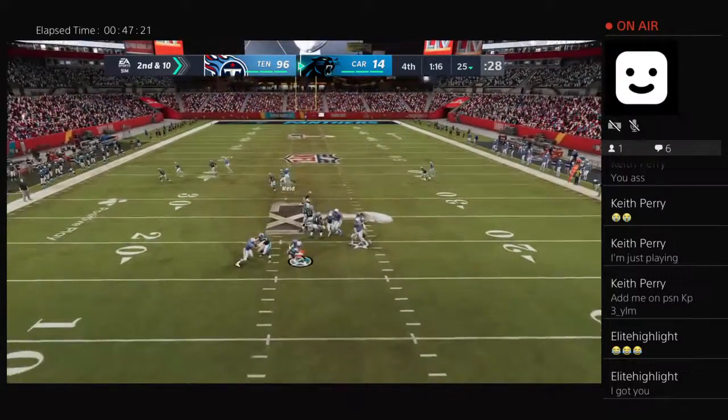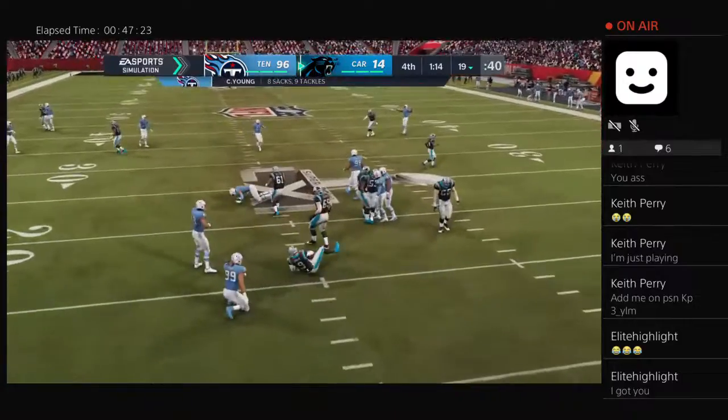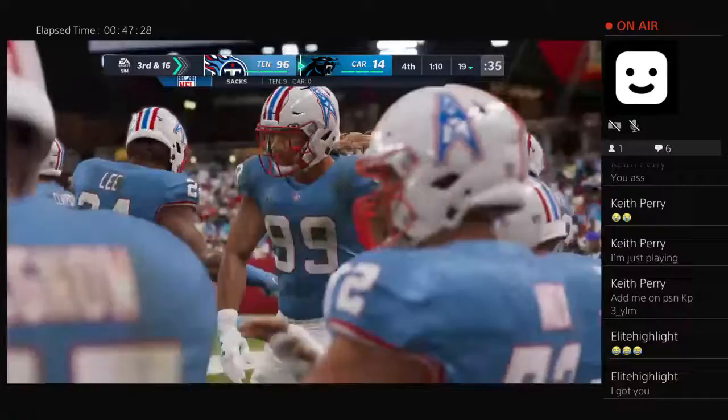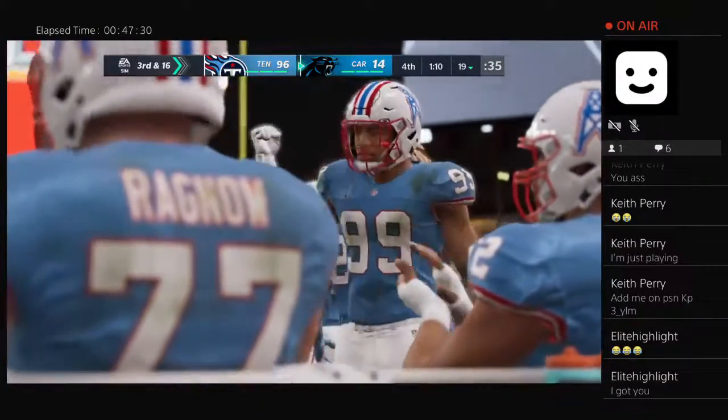Again, it's Burrow on 2nd and 10. And the Titan defense steps up here, and down he goes. Chase Young in there yet again. They just cannot block him. He now has 8